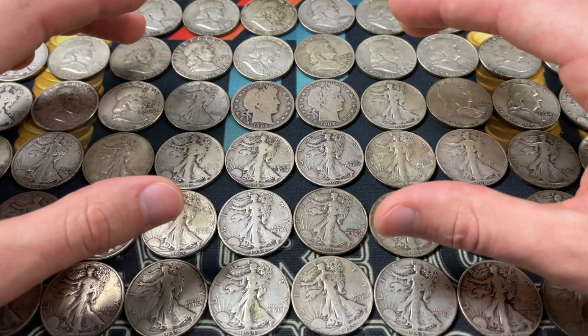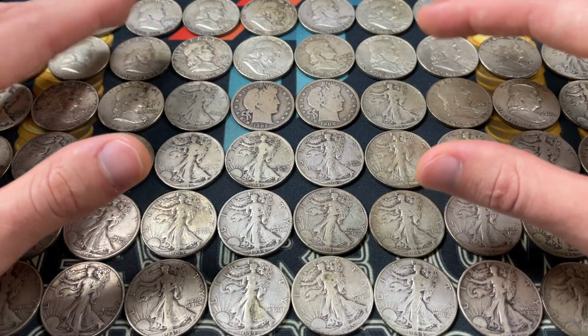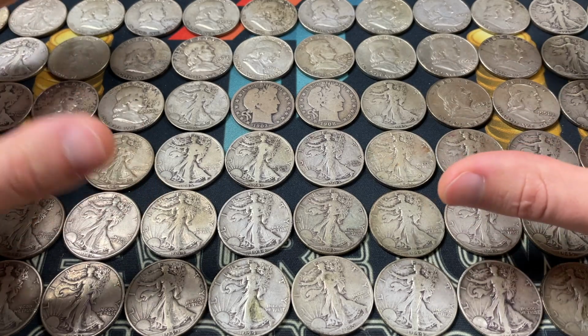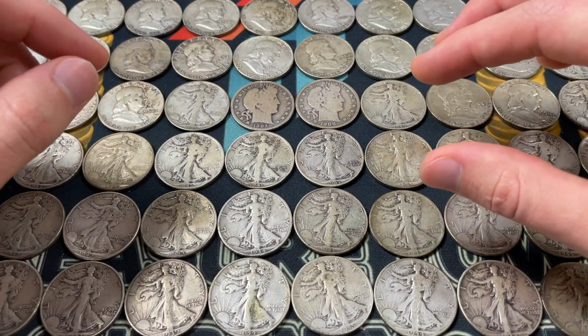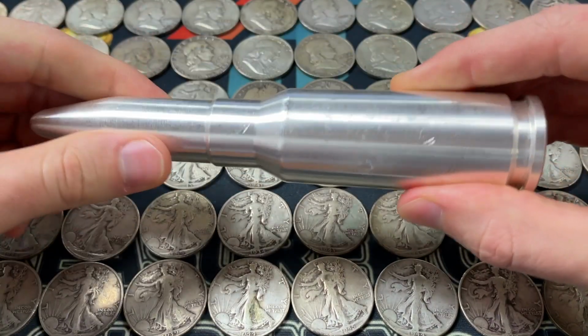This is not, by the way, investment advice. This is all entertainment. But you can still think about it in terms of how it's going to apply to your specific situation. But the whole idea with silver stacking is not to get caught up in a really complicated